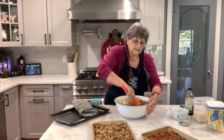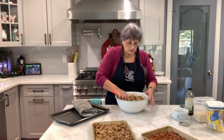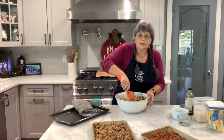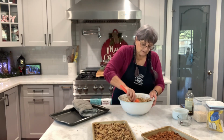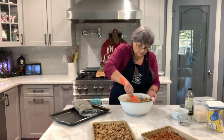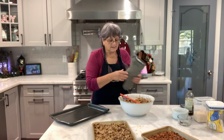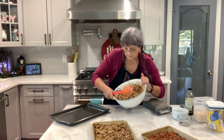You can have this on top of cereal. You can have this just on its own for breakfast, or you can have it as a snack. I like eating it as a snack, especially when I travel to go to my son. I need something to snack on. So I'm gonna put it back in this,